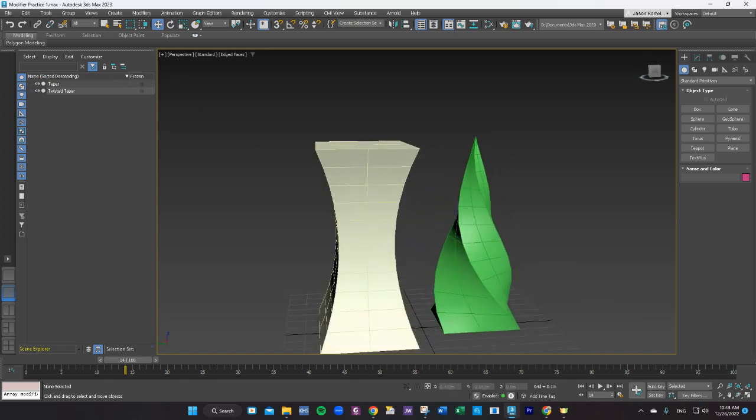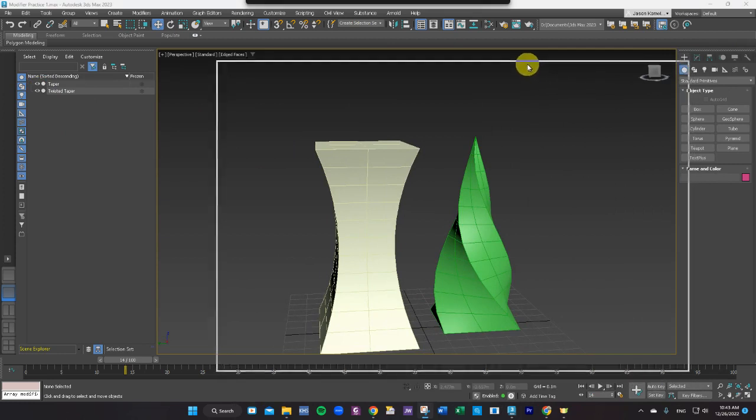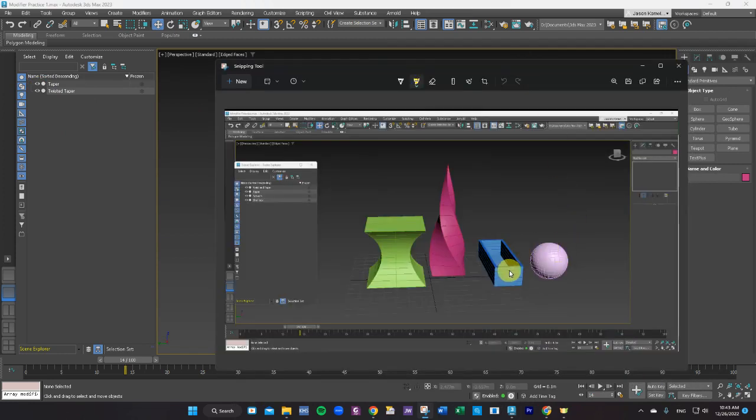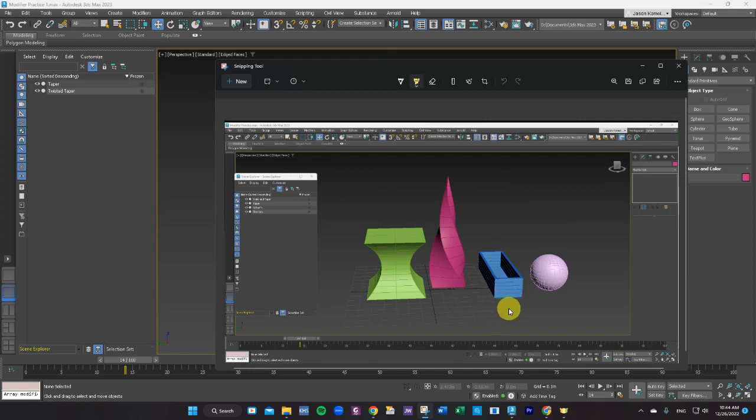All right, that's it for our second tutorial here. We're going to do in our next lesson how to do the shell modifier, and then we'll finish up with the sphere modifier, the